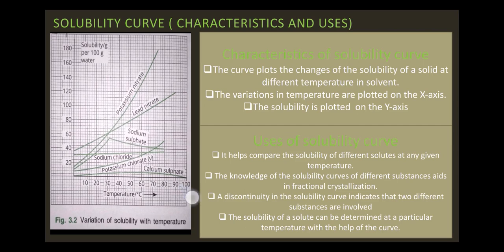with the temperature. Now next is sodium sulfate, which shows a sharp increase in solubility till the temperature reaches 32.8 degrees Celsius. If the solution is heated beyond this temperature, the solubility decreases. You can see the curve of sodium sulfate. Here it is showing the increase in temperature and then suddenly after 32.8 it is decreasing.